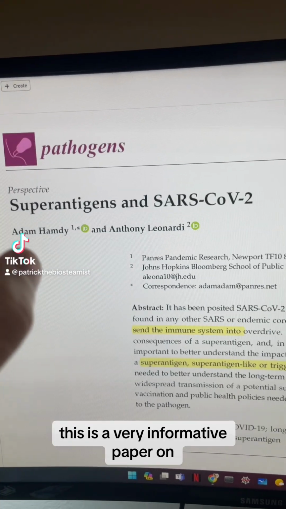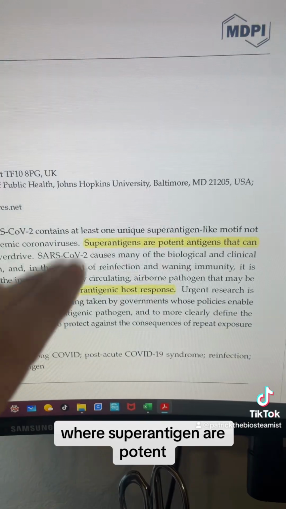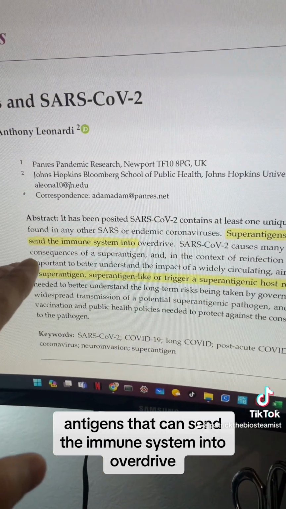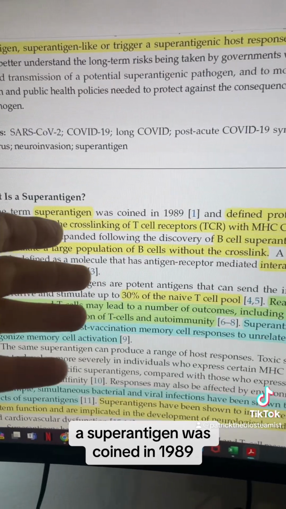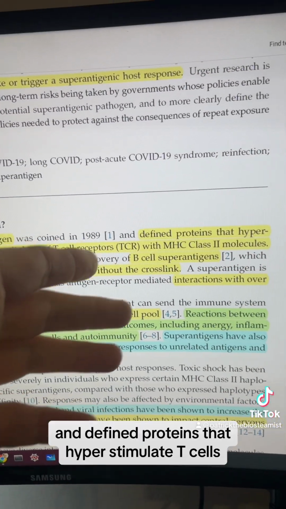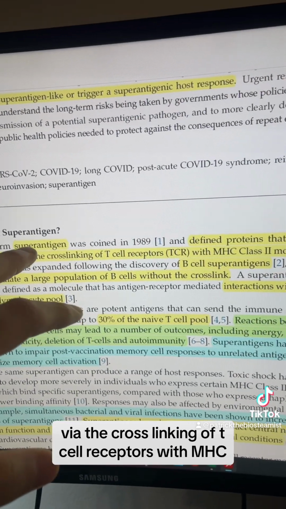This is a very informative paper on COVID's potential to be a superantigen, where superantigens are potent antigens that can send the immune system into overdrive. So what is a superantigen? The term was coined in 1989 and defined proteins that hyperstimulate T cells via the cross-linking of T cell receptors